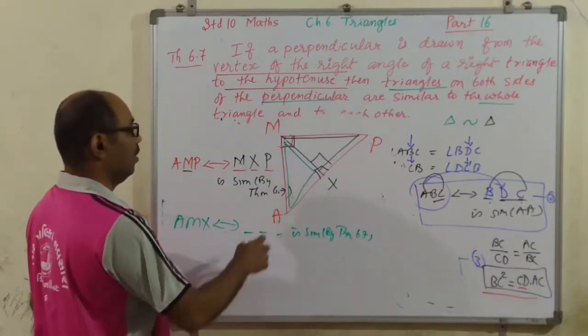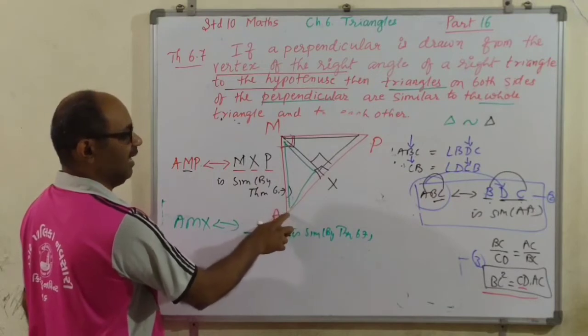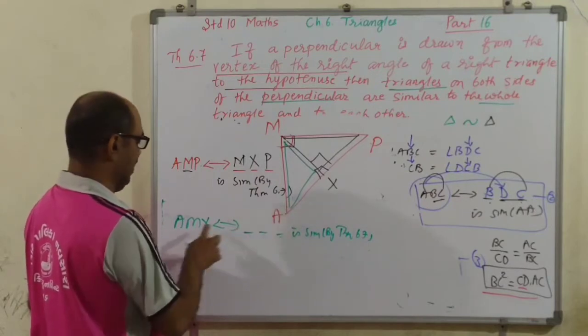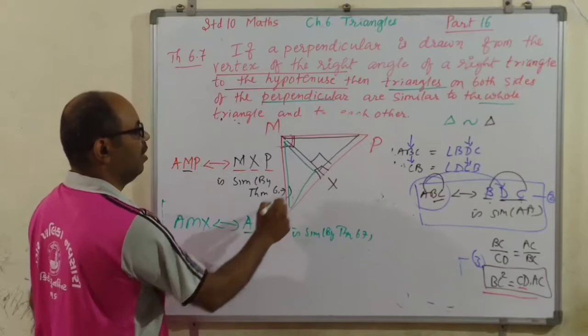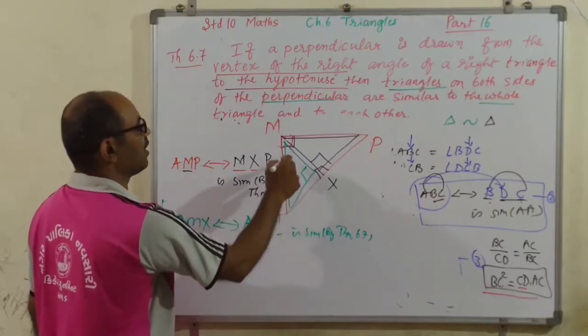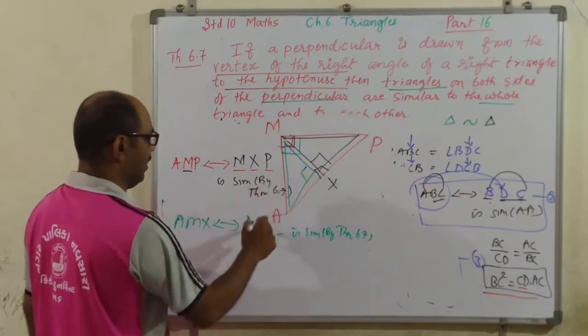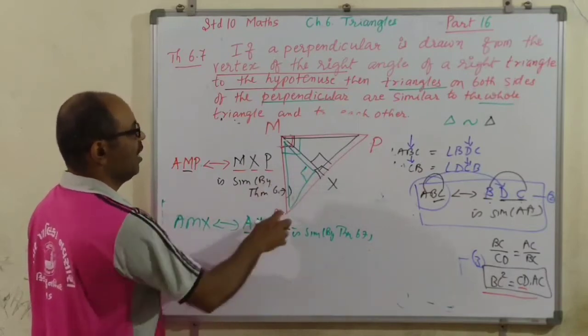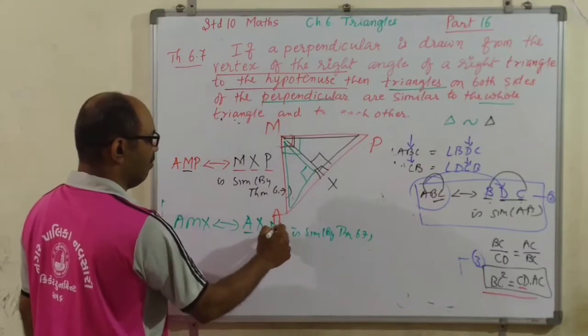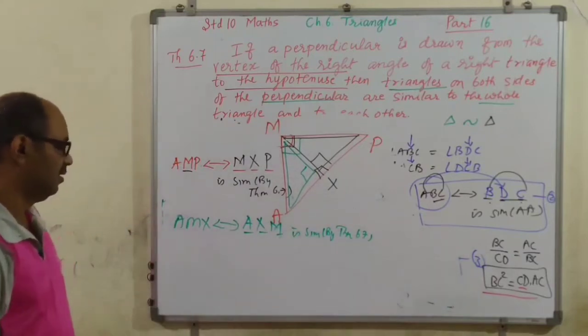Say, which is the common angle? A. Red angle, green angle, A. So A corresponds to A. What is the right angle here? X. And what is the right angle in the black? M. M is the right angle and here X is the right angle. So M corresponds to X. A and X are used, M is left. So this correspondence is